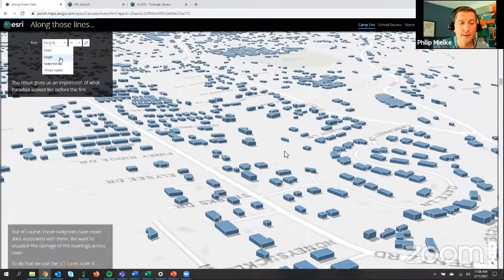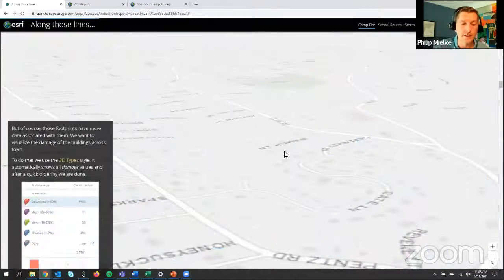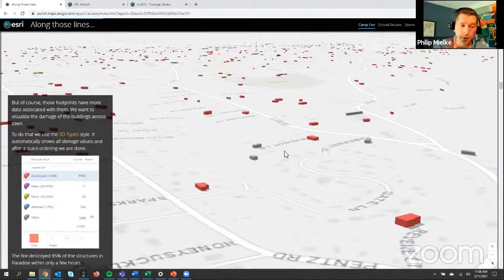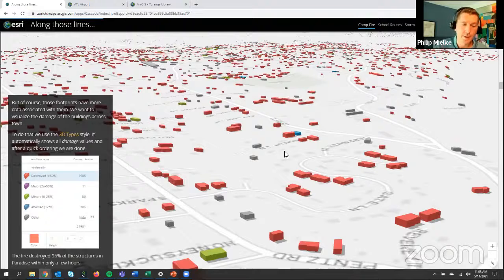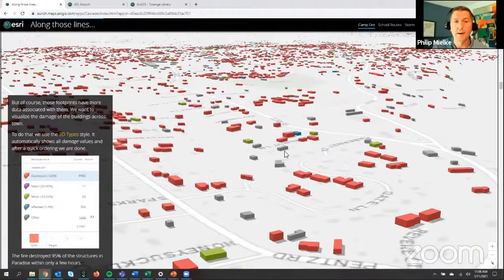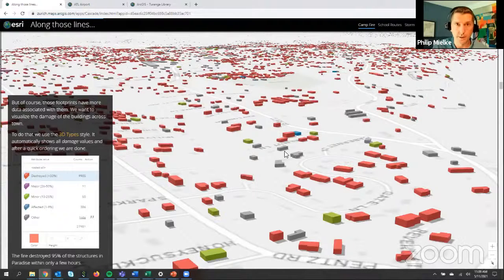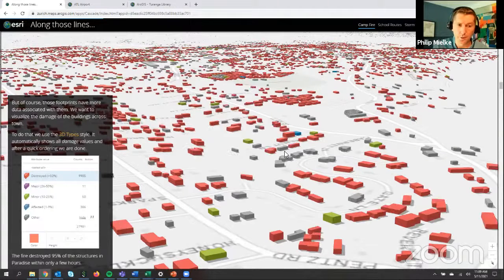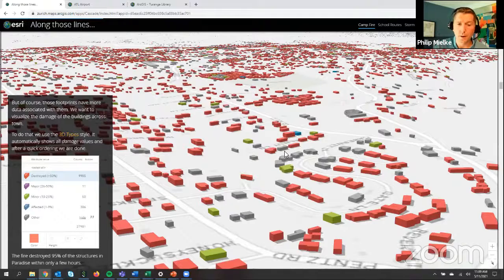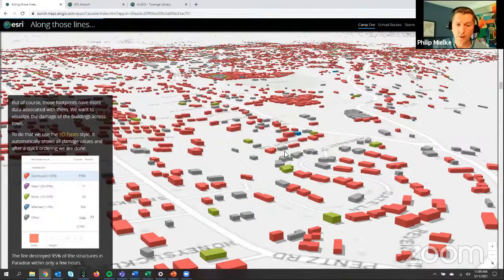And one of the other things that we can do with this is stylize it. So this is colored using a symbology for mapping that helps us to understand the total amount of damage that each one of these buildings incurred during the fire. The purposes of this are pretty wide ranging. It's used for the immediate response, of course,